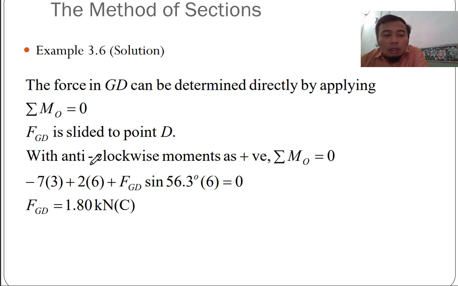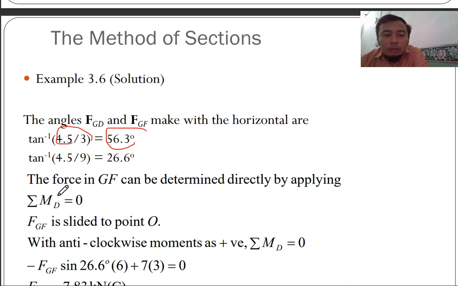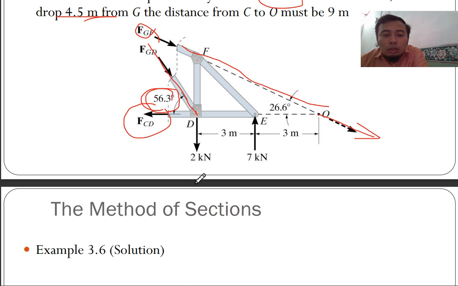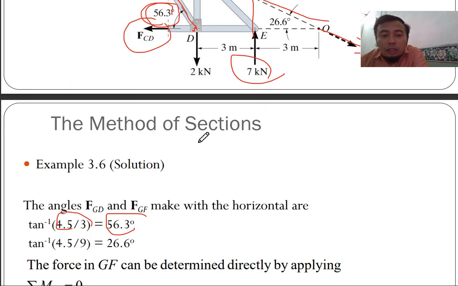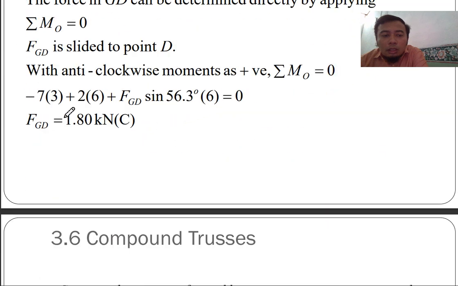So this is your equation, -7 times 3 moment arm. So this is 7 taken at point D, so it will be clockwise, so negative. The moment arm is 3, then you have 2 times 6,